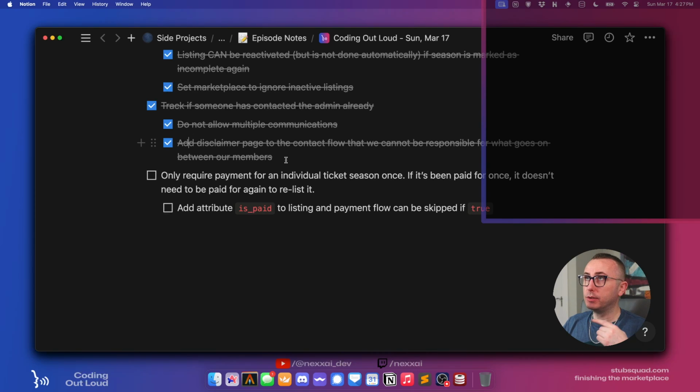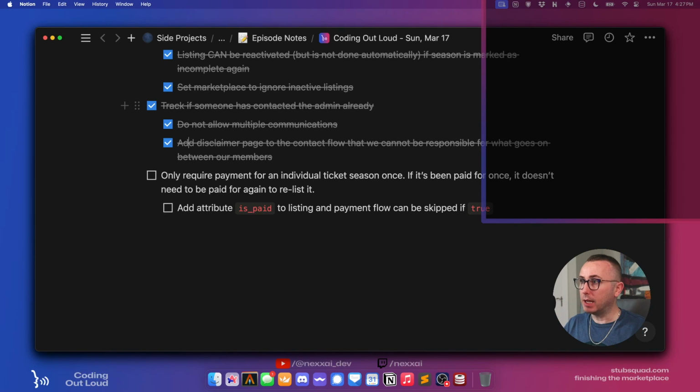And so we're going to be using Lemon Squeezy as our payment processor. They collect all the taxes and everything, so we don't have to worry about that stuff. We just have to basically implement their package in our project, and then send people to Lemon Squeezy when they want to list their season. And if the sale completes and Lemon Squeezy tells us that it's been completed, we can make that listing public. If not, we just say payment failed, please try again. And then they can try again with Lemon Squeezy.